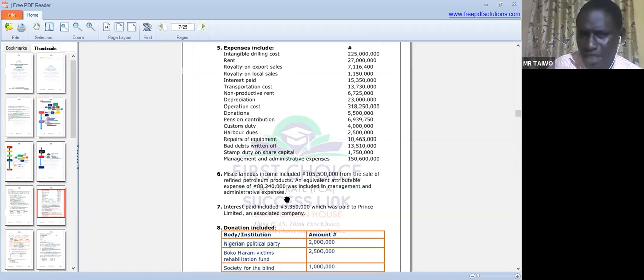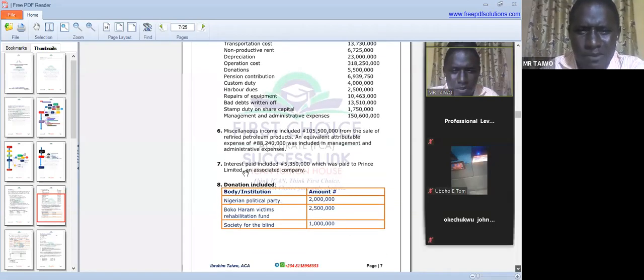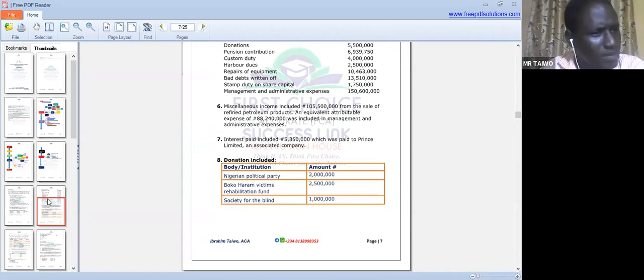These are the expenses that relate to this. It means that you go to the administrative and management expenses and remove 88,240,000, because it has to go into company income tax. I hope you get what I'm saying, because he said it's the expense that is related to this 105,500,000. So please note it. Now, aside from that, you are told that interest paid